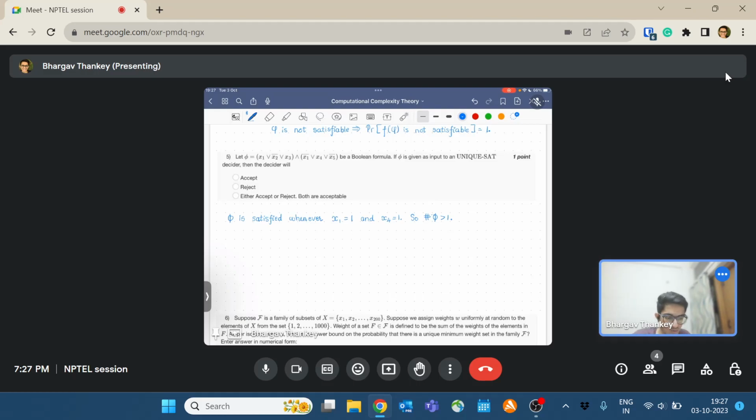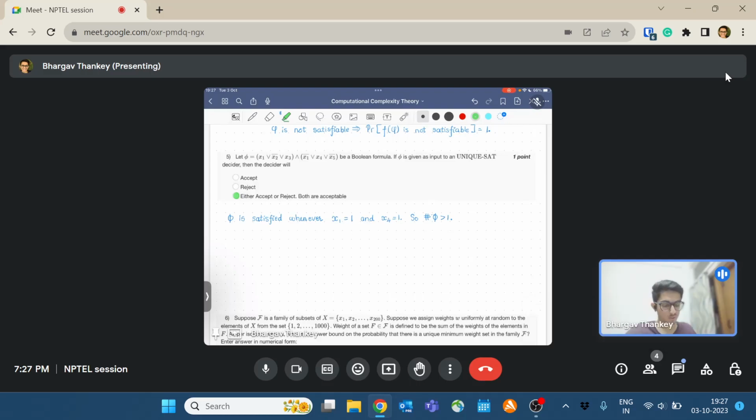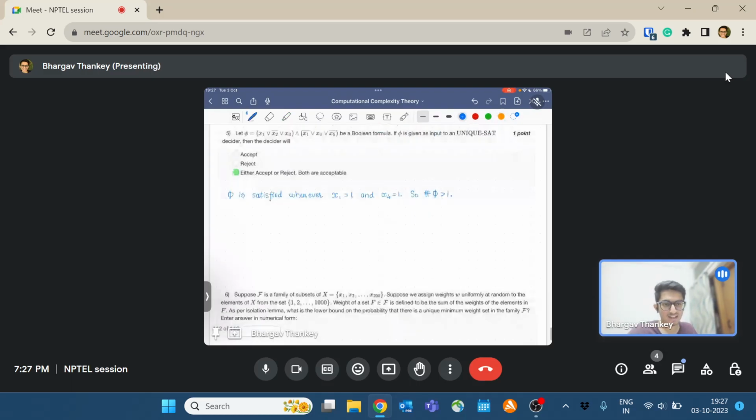Okay, so what is an algorithm for unique set? Yeah, the correct answer is C. So what is an algorithm for unique set going to do? It's going to accept the yes instances of unique set and reject the no instances of unique set, right? And for don't care instances, it can do anything. So let